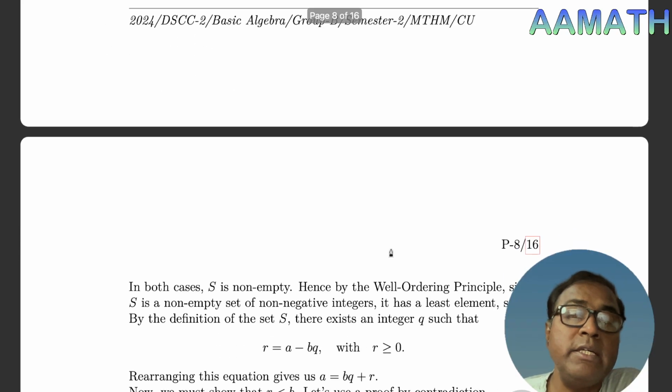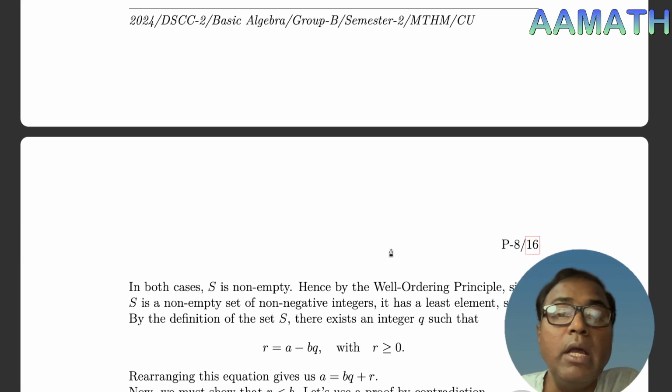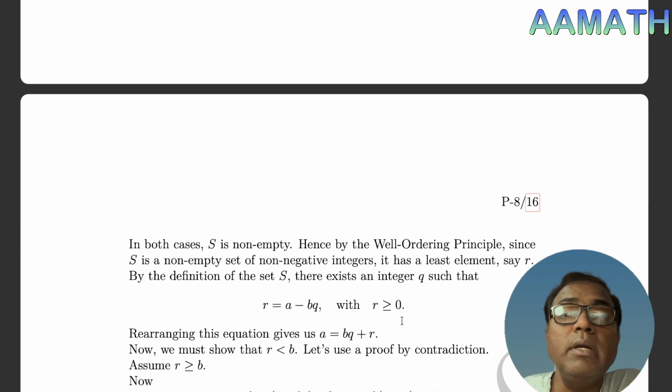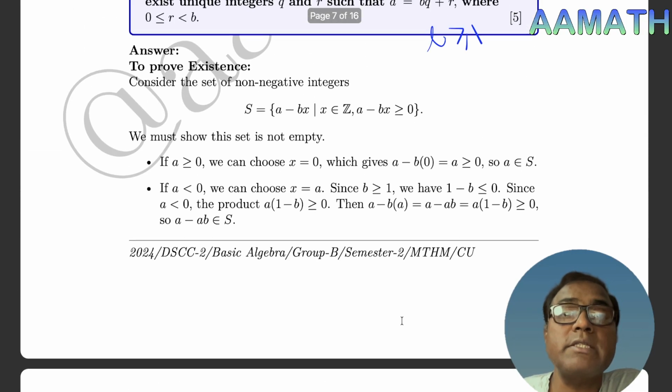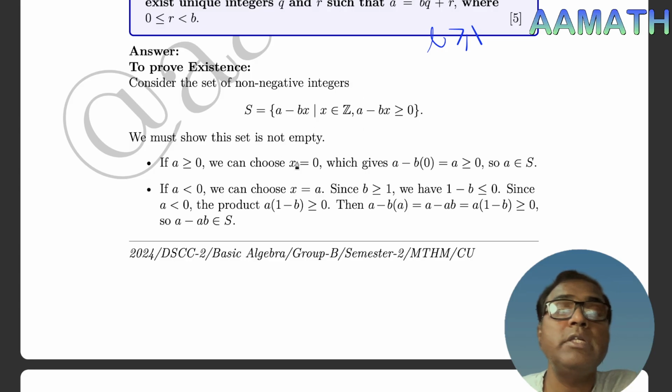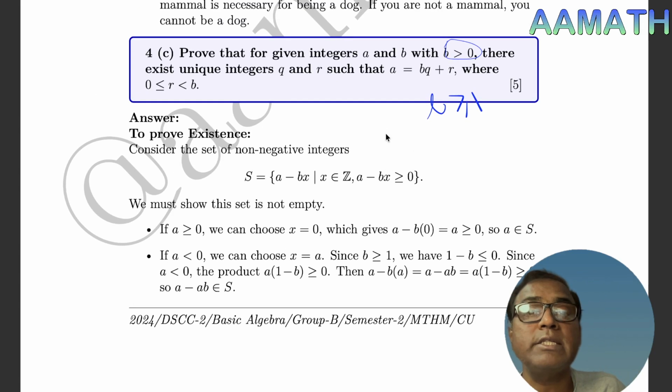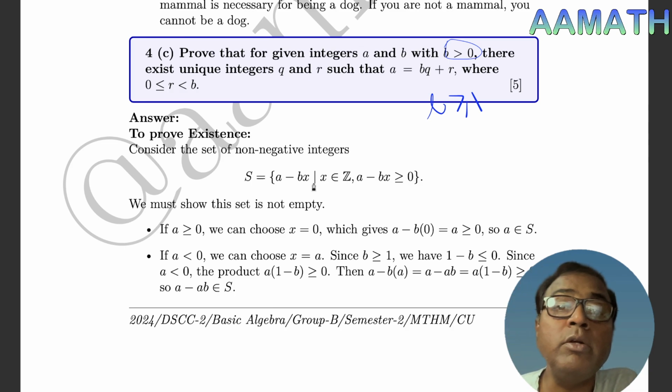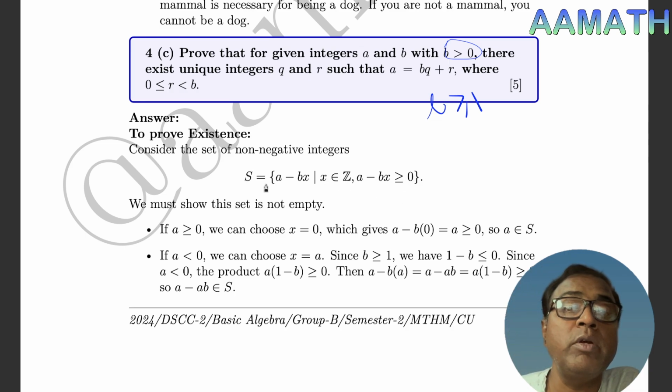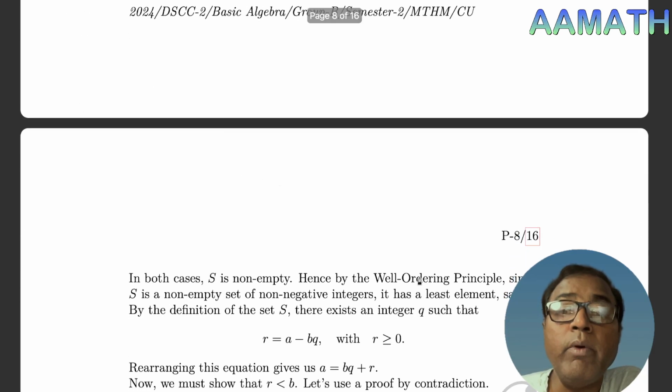So S is a non-empty set. Hence, by the well-ordering principle, since S is a non-empty set of non-negative integers, greater than or equal to 0, with A and B being integers and x also an integer, this is the condition for belonging to S. So by the well-ordering principle,